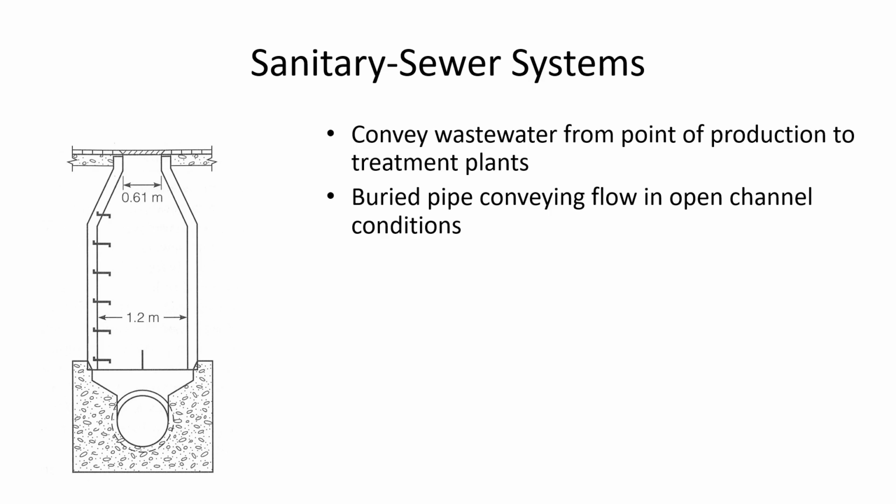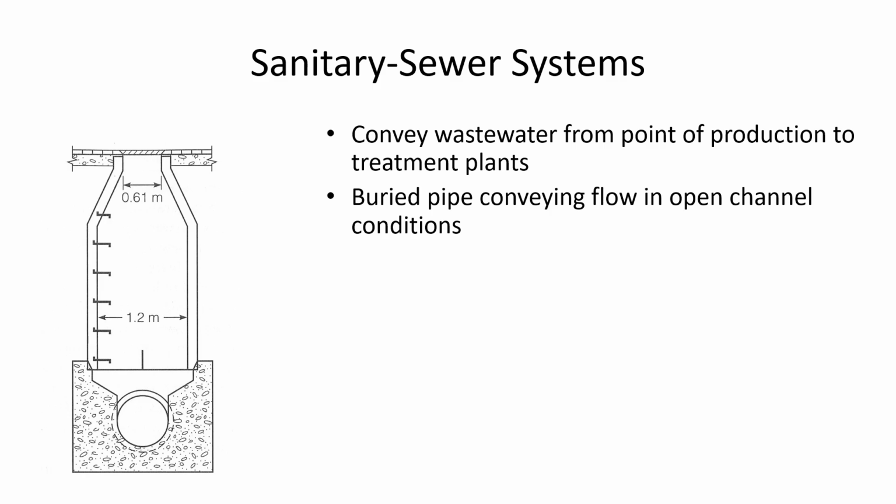All right, we're going to talk about open channel flow through circular conduits. And the geometry of a circular pipe makes things tricky when the water isn't all the way full to the top of the pipe. If the water is all the way full, then actually the geometry is very easy. Area is just pi d squared divided by 4. Hydraulic radius is just diameter divided by 4. I mean, the geometry, if it's full, is easy. But